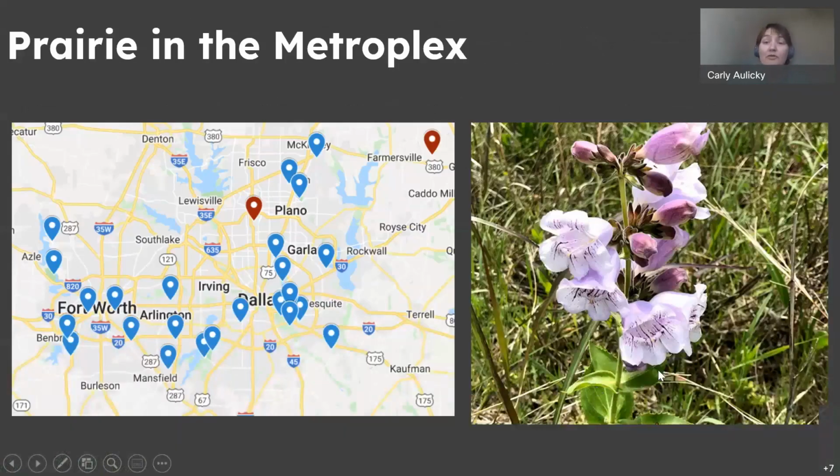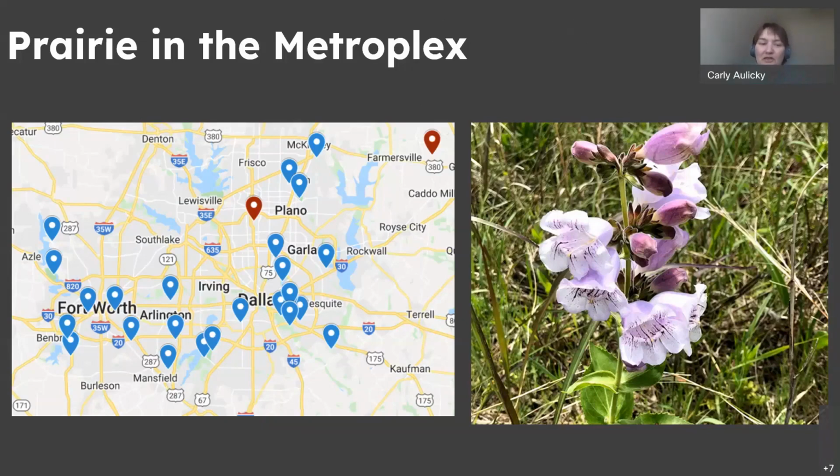And one of the things that will be released really soon is the Prairies in the Metroplex accessibility map. So this is something that I've been working on in the last couple of days, showing folks where in the Metroplex they can actually go out and get involved with prairies, whether that's just going for a walk, helping on work days, coming out to see some of the NPAT sites when they are open to the public, and essentially just getting that experience of being able to get their hands dirty and see prairies up close. Because again,